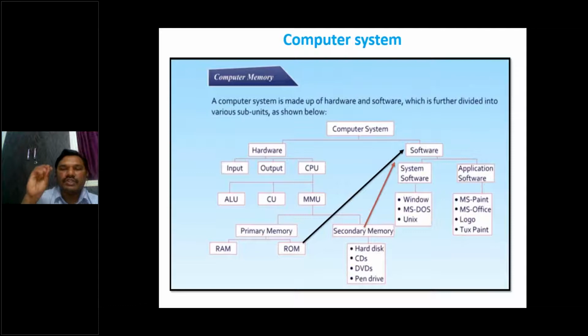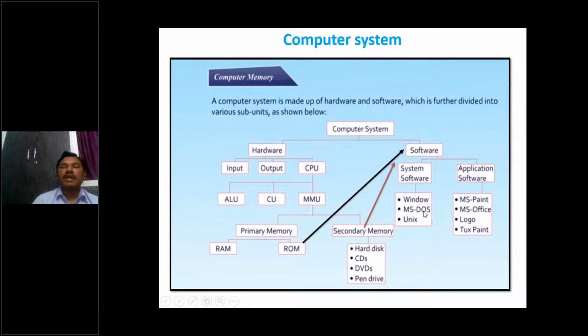So this C drive is a part of the memory management of the hard disk. And this ROM, this read-only memory, is also storing the DOS operating system. That I'll show you one by one. So software will be stored in the secondary memory or in the ROM memory. Then what is the advantage of RAM? We will see one by one.